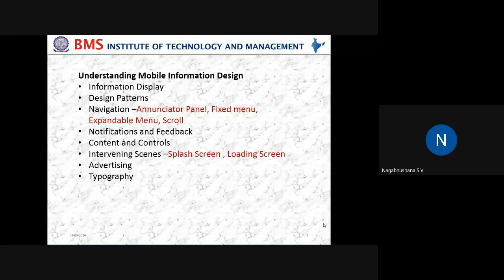After that free trial, they may ask you to give feedback about the usage of the apps. So this will help them to increase the quality of the applications. So this is very much important.